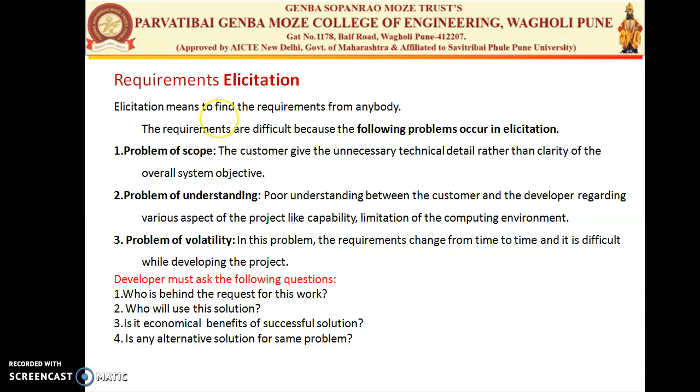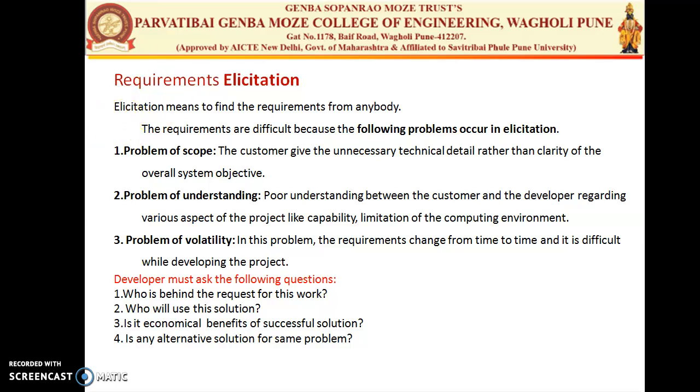So this is the basic understanding of the requirement. This phase gives the basic understanding of the requirement. To know the objective of the system or the project to be developed is a critical job. So why is it difficult to get a clear understanding of what the customer wants? Several problems or difficulties occur in getting a proper understanding of the requirements.